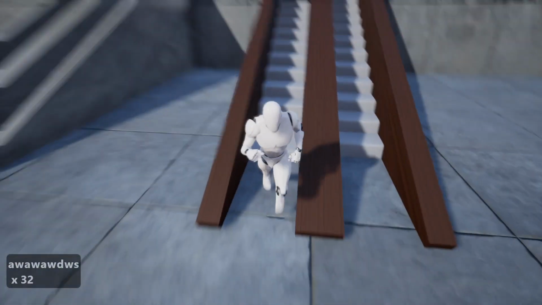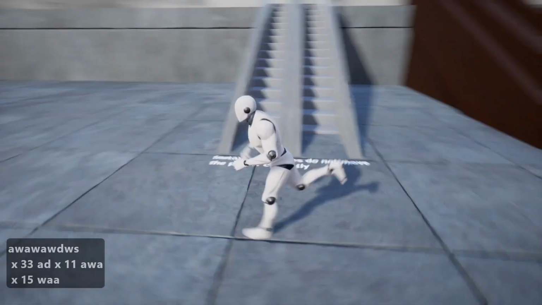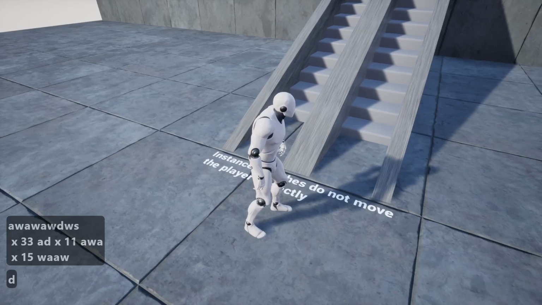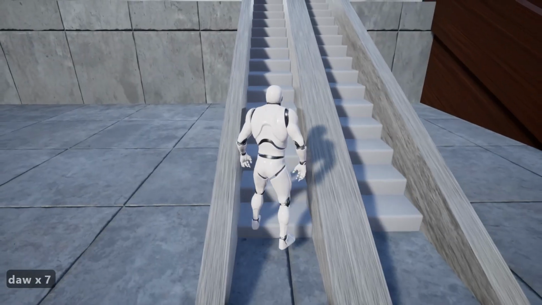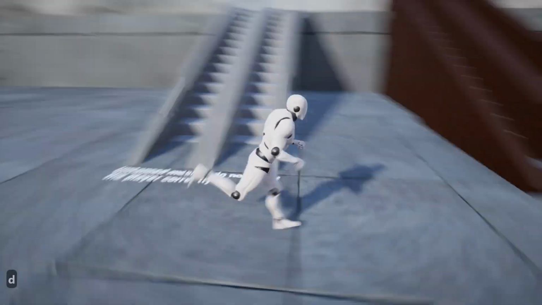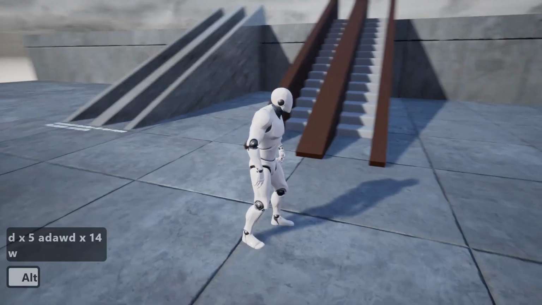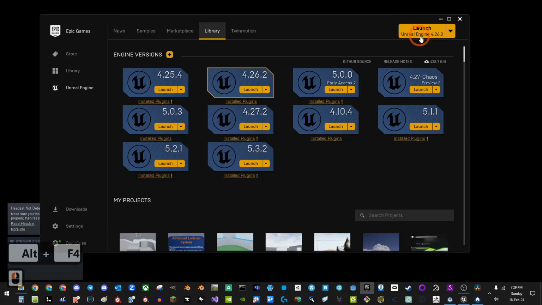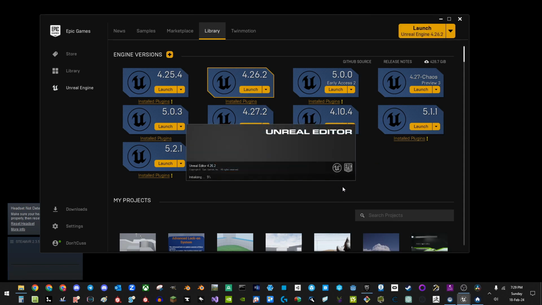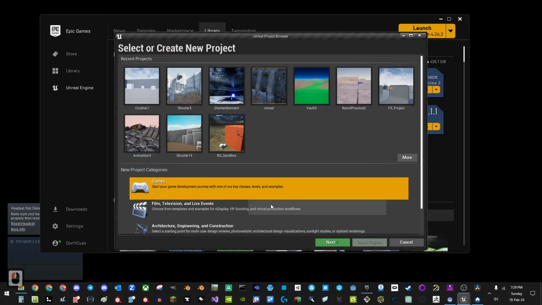And there's kind of a distinction I'm showing you here where one is with static meshes and the other is with instance meshes. Both look about the same, but instance meshes don't actually move you correctly. They just kind of bounce you up and down, where the static meshes will actually carry you up and down the escalator correctly. Okay, there is a use case of the instance meshes that we'll get to after. If you stick to the end here, we're going to make this in Unreal